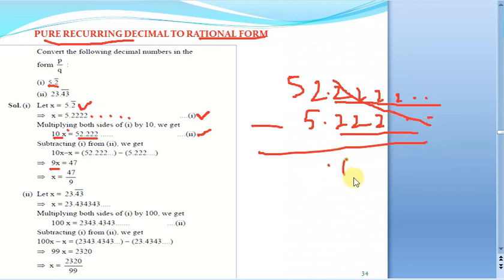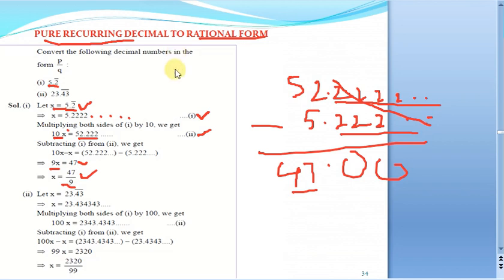After this decimal point it is 0 0 0 and so on when you subtract, so 52 minus 5 is going to be 47, which is what you will be left with. So on this side we are left with 47. So 9x is equal to 47. Now we want only the value for x. So x is equal to 47 by 9. What had we assumed x to be? We assumed x is equal to 5.2 bar. What we got is x is equal to 47 by 9. So this is the rational form for the given decimal expansion.